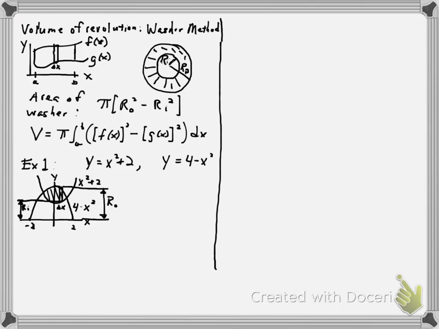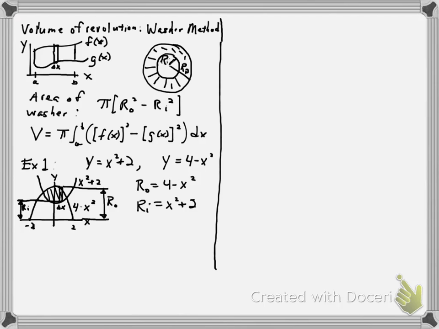The outer radius, if you look, is the curve 4 minus x squared. So r sub O is equal to 4 minus x squared. And the inner radius is the other function, x squared plus 2. Now we can go to our formula, and I have the formula written as f of x minus g of x. In this case, f of x is really 4 minus x squared, and g of x is really x squared plus 2. So if we plug these things in,